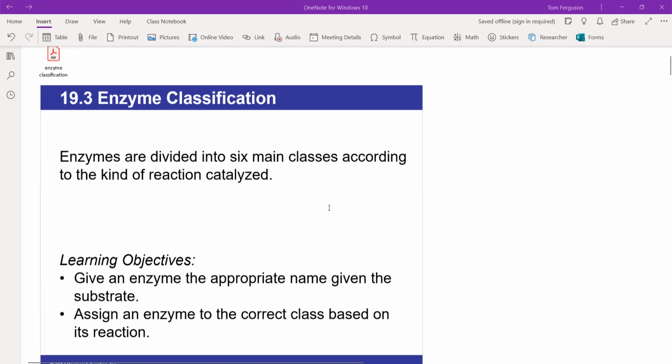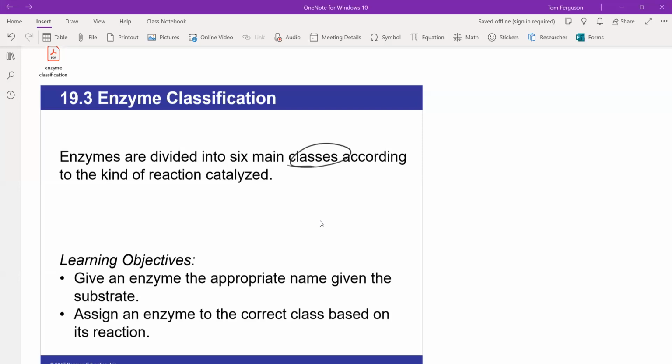This series of slides comes from the slide collection based on your book. So this is section 19.3 out of your book. And they did a much better example than the other slides I was using. So that's why I'm incorporating this set in conjunction with the others. There are 7 main classes, but 6 of them are the ones that involve reactions. So the 7th one, we're not going to worry about.